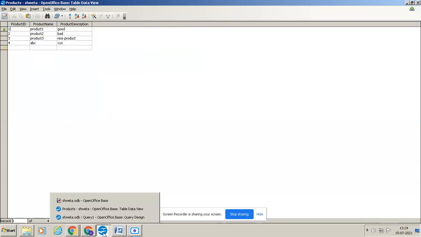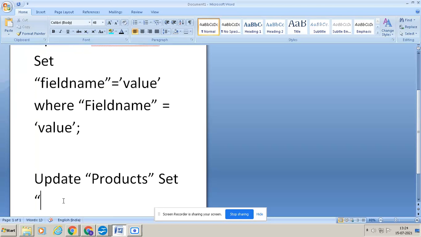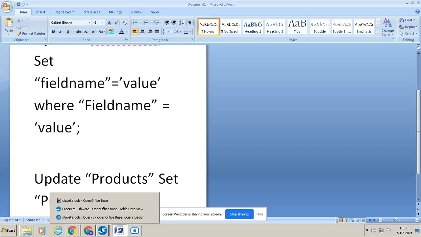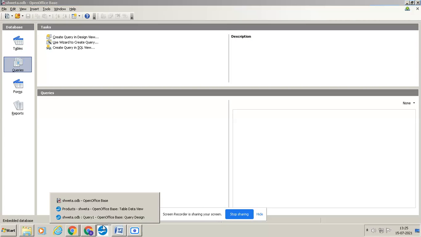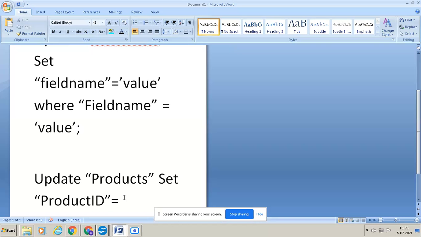So update products set, the field name is product ID, which is equal to, and where it is present, ABC is present in the fourth data. So I have to write 4, and a value should always be written in single quote,